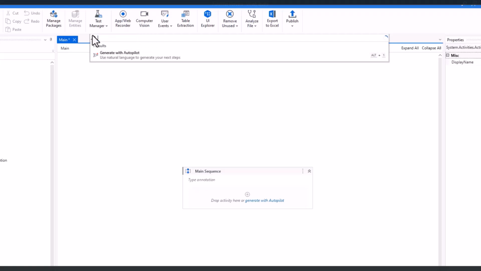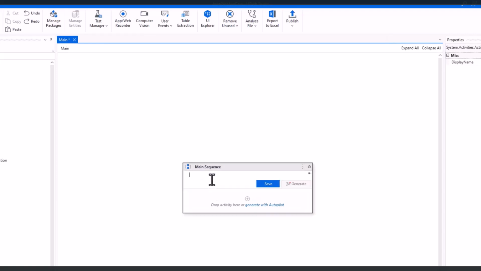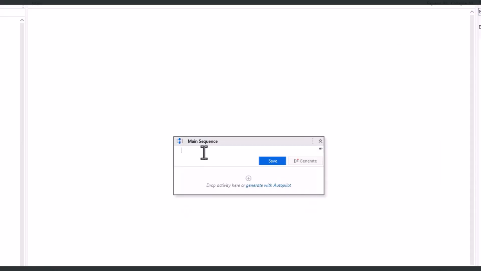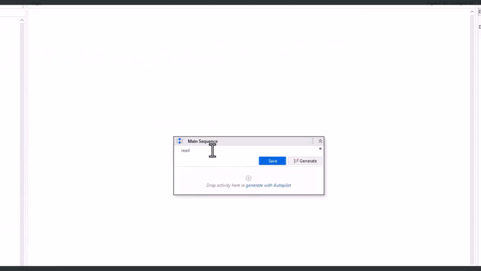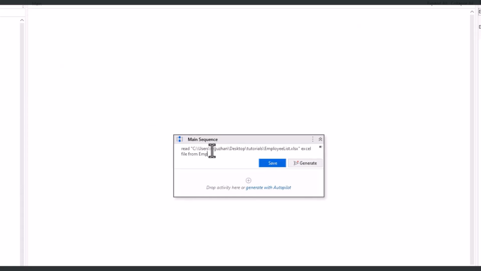But for this example I will be using this part, where we can explain what we want from AutoPilot and it is going to create that workflow for us. So let's start. First I will say read this data table, actually it's an Excel file, so read Excel file from employees sheet and save it to data table. Then find